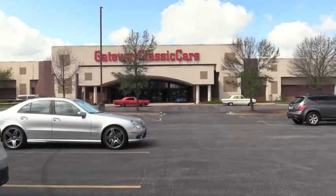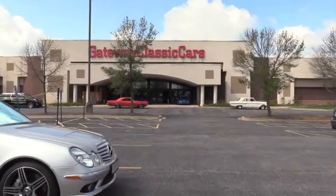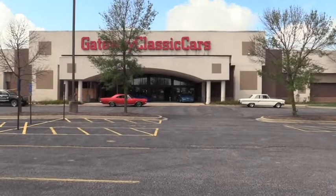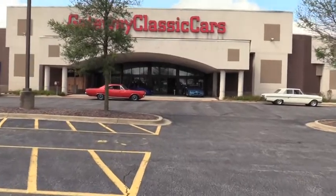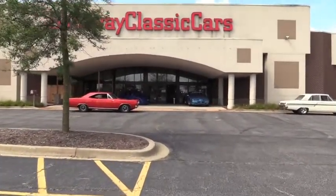Huel Howitzer, and this is Southern California Gold. We begin Phase 2 of this Roger venture at Gateway Classic Cars in O'Fallon, Illinois. Gateway is yet another entity not asked to pay for their appearance in this production, which is no way to